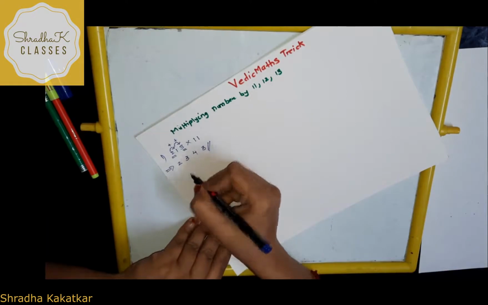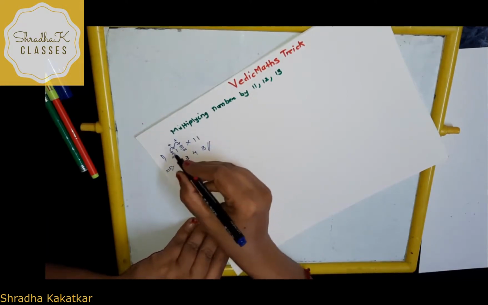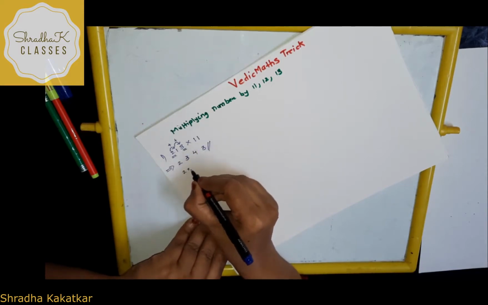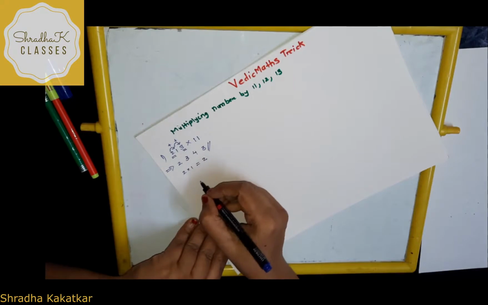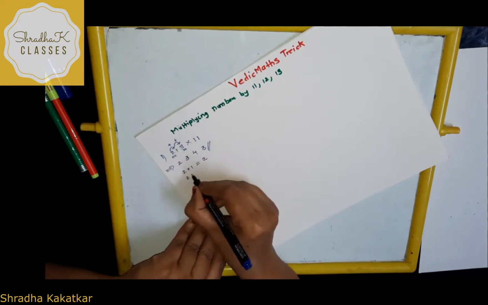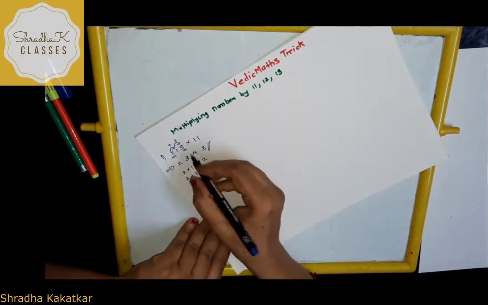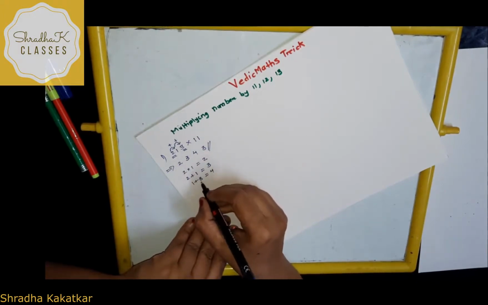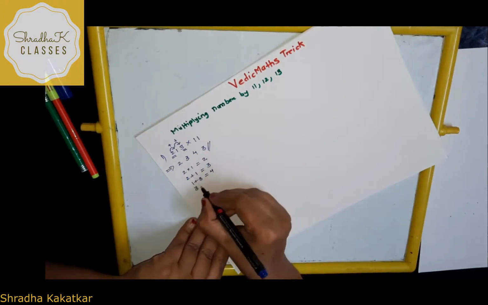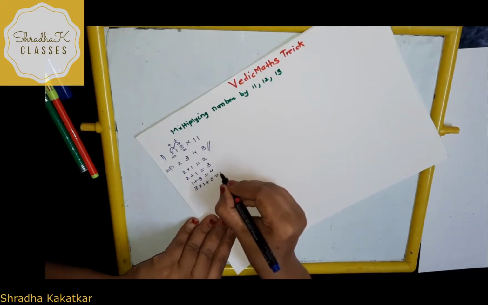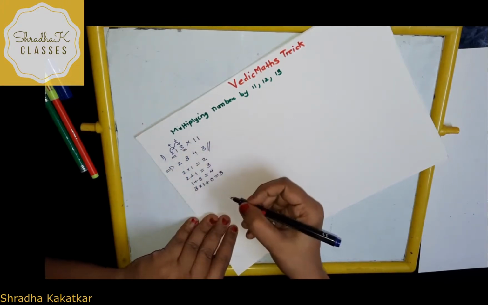If you want, I will just write it for you. What I did is, this is 11, right? So 2 into 1 is 2, the first number. Then I did 2 plus 1, which is 3. Then I did 1 plus 3, which is 4. And then the last is 3 into 1 plus, there is nothing here, so 0. So that is 3. Got it?